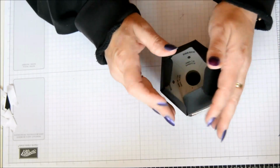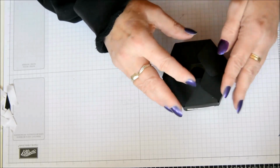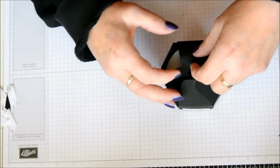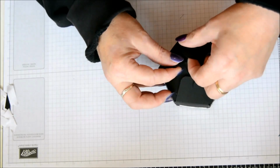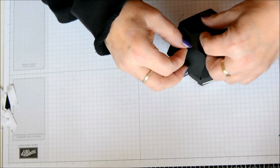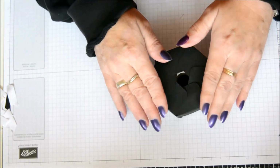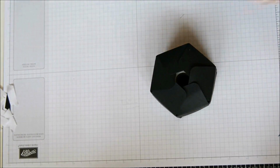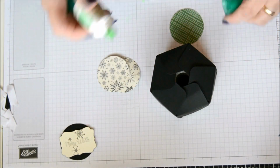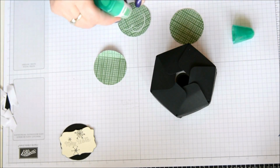Slide it down on itself, and again, right over left, right over left, right over left, right over left, until you've formed your lid. And this is where we use 3 of our little DSPs. Now just glue them